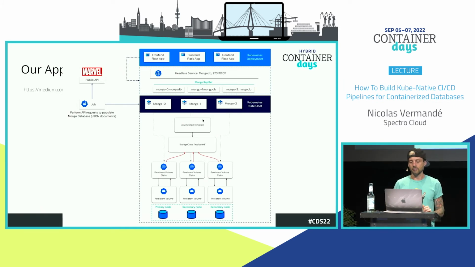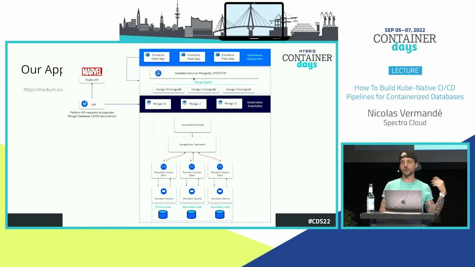It's composed of 2 microservices, or 2 tiers, should I say. We have the front end, which is a Flask application, just used for displaying Marvel character cards. You will have a display with different cards with a picture and the different comics the character appears in. The role of the front end is just to display that, and we will have a MongoDB